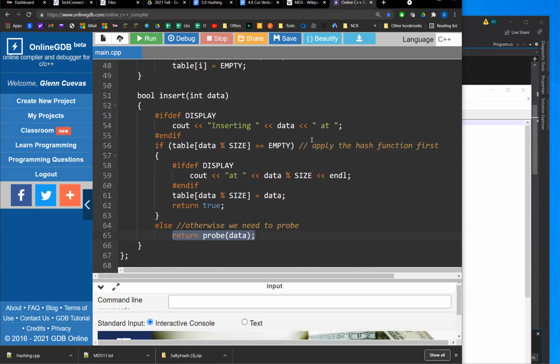So any questions about the code file here? Let's see. Question is,